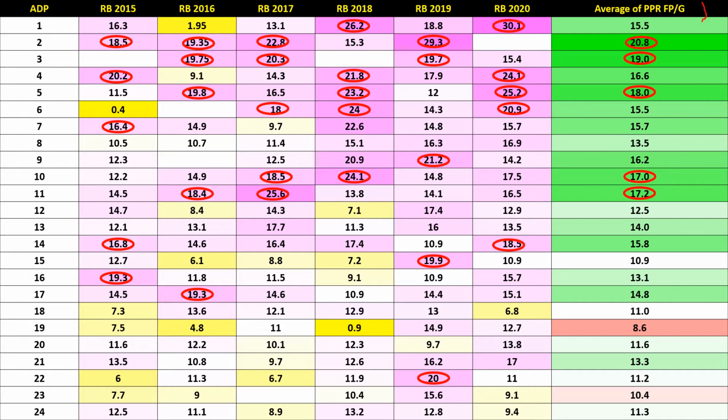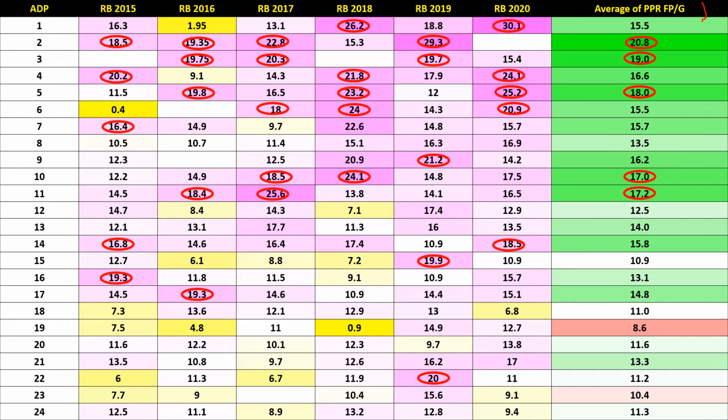Kind of a trend, but obviously, individually there can be some issues, but as a trend, ADP is probably the best measurement on average, wisdom of the crowd concept. But here it is, the top over the last 6 years have been 2, 3, 5, 10, and 11. So if you pick the running backs in those ADPs, you came out above everybody else on average.